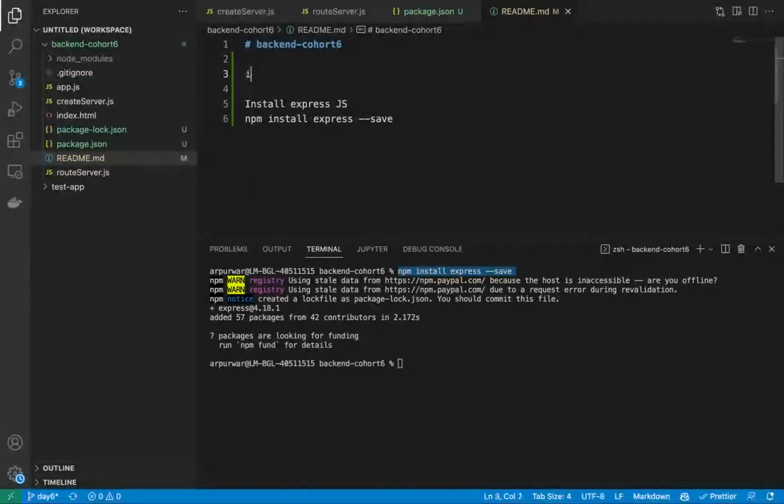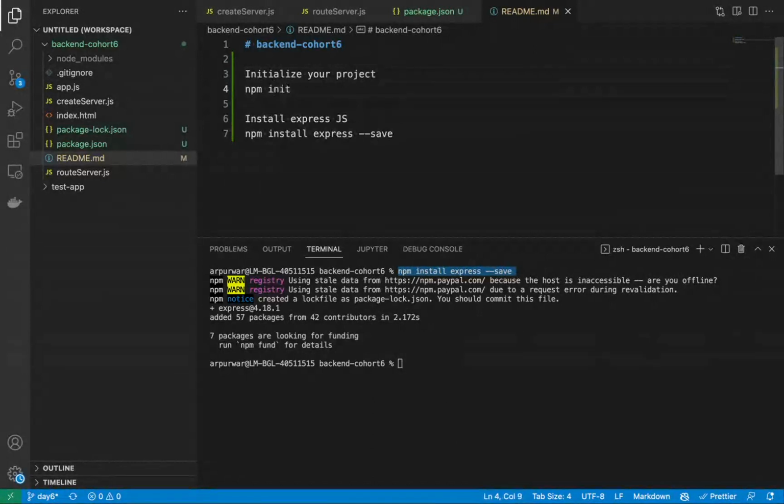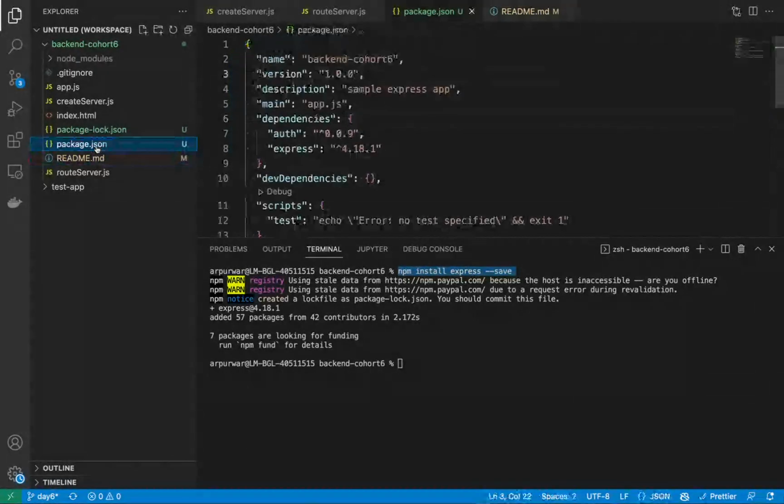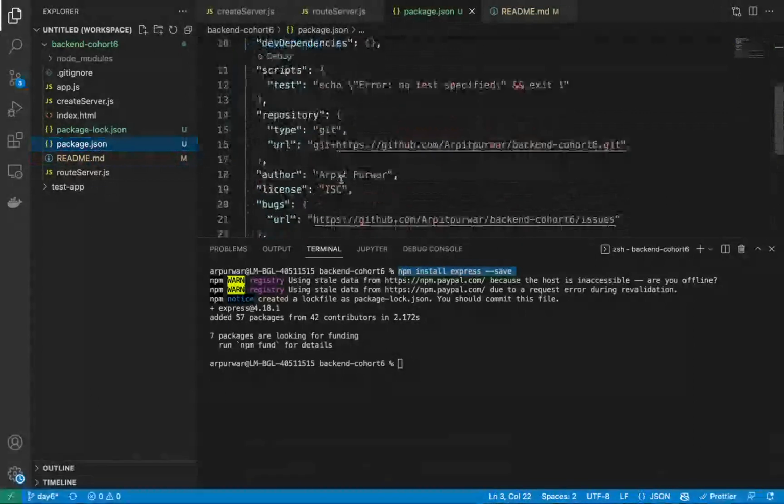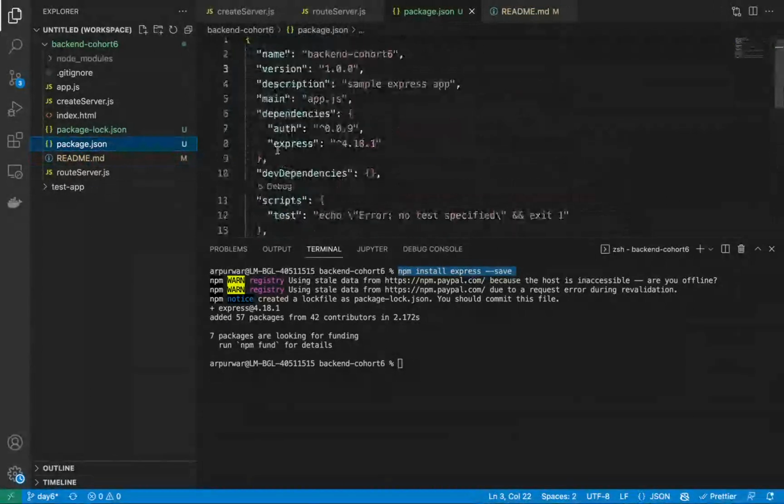Initialize your project. I will just give you these commands so you guys will not be lost, right? So these are the two commands, and you can see in the package.json under the dependencies, we will be having express. I think it has given auth also. I'm not sure how that auth comes, but